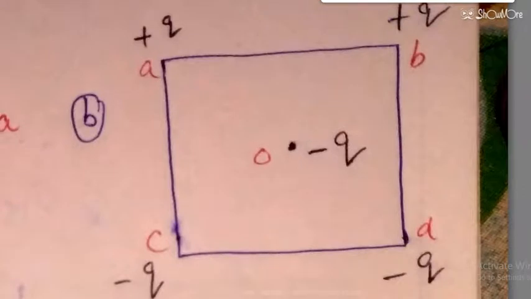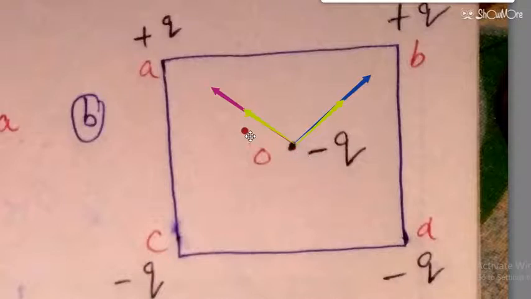So in B you can see this is positive charge, so positive charge will attract the negative charge. And this is the negative charge, so negative charge will repel the negative charge. Let me change the color so that you will understand easily. This negative will repel negative, and this negative will also repel in this way.